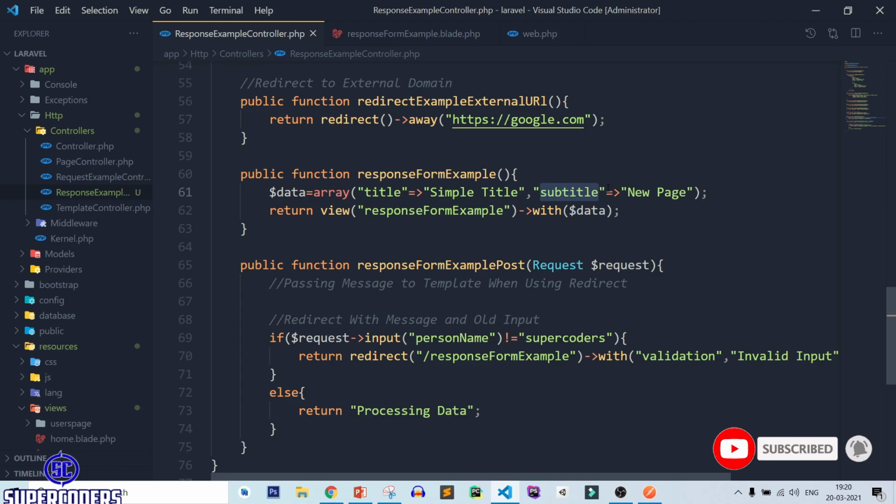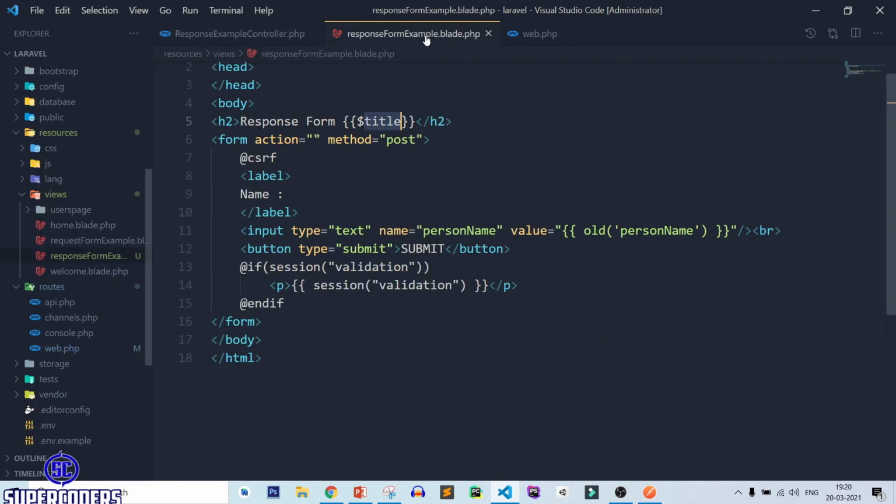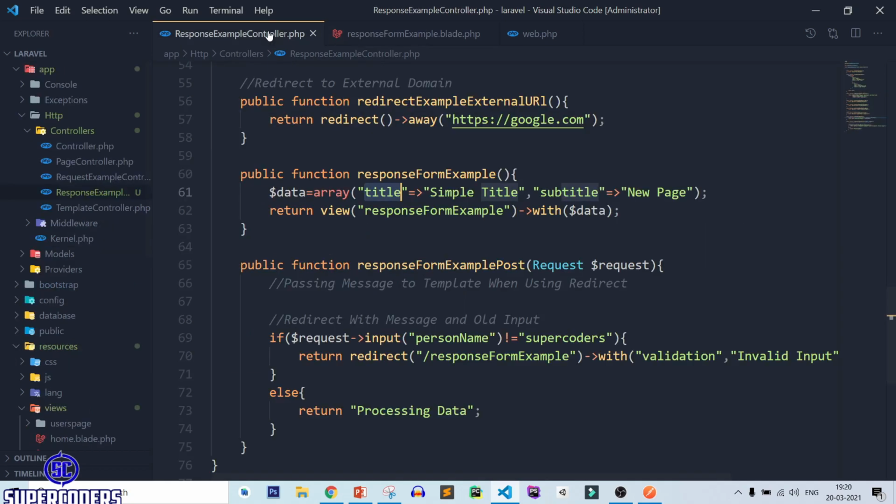Remember one more thing, the key name we are passing must be the same as what we are accessing in our template. You can see dollar title, here title must be the same as the key name we are using. Here it will work as a variable in our template. So suppose subtitle is a key name, but it will work as a variable name in our template.